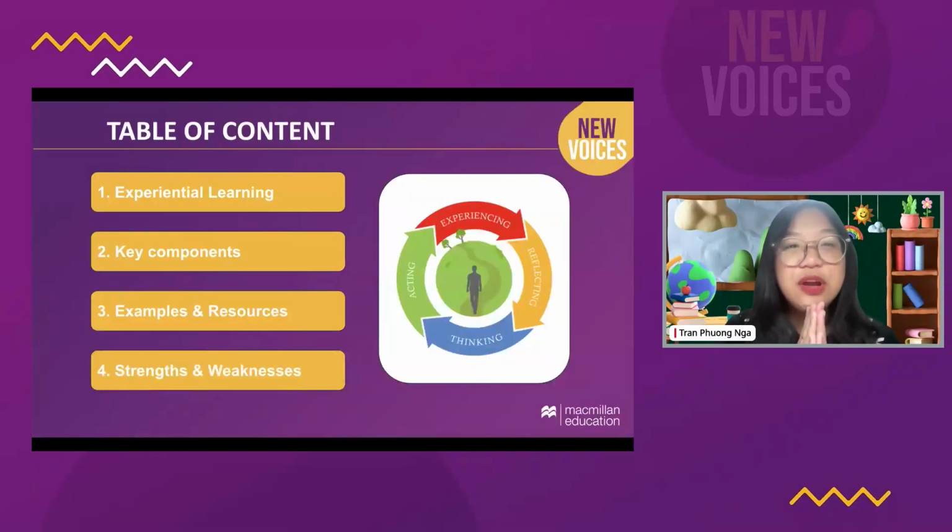All right, so today I'm going to lead you through each section. First of all, I'm going to give you the concept of experiential learning, in case you never really applied it that much, and I'm going to give you some key components to differentiate it from traditional learning methods. Also, this part will include some examples that I actually did in my class and the resources, in case you want to try it out with your own classroom. Then, where can you take it? And even though I've tried a lot, it also has its strengths and weaknesses. So I do expect that we can have further improvement in the future and have better education for every child in the world.